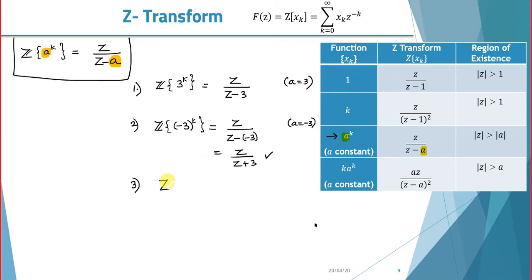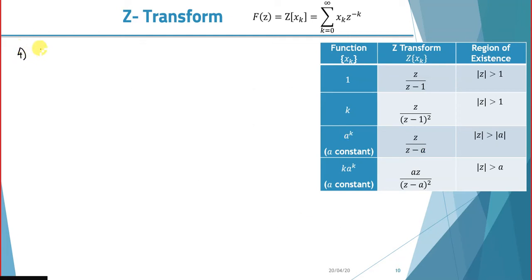Third, what is possible if I say Z transform of minus 3 power k. So see, this question is different than first and second. In the first one there is no minus. In the second one the minus is going with the power. But here it's not included in the power k. So it means the minus sign is outside. Z transform of 3 power k, so this gives you minus Z transform of 3 power k by using this rule: minus Z over Z minus 3. So this is the difference.